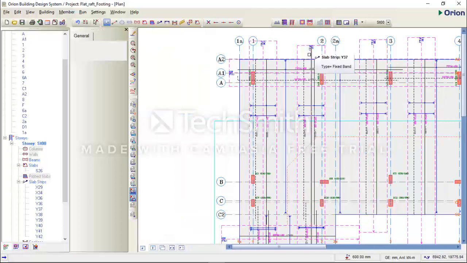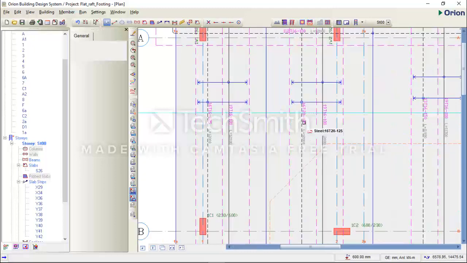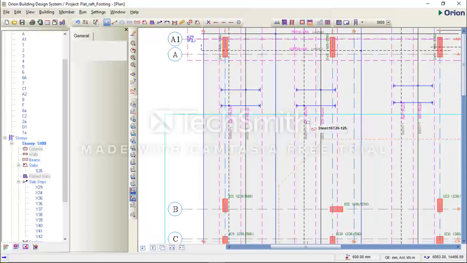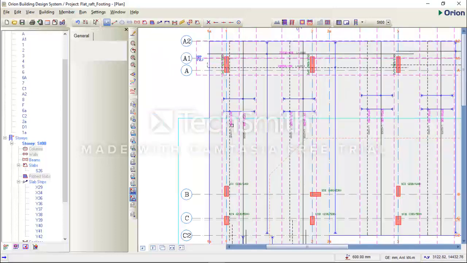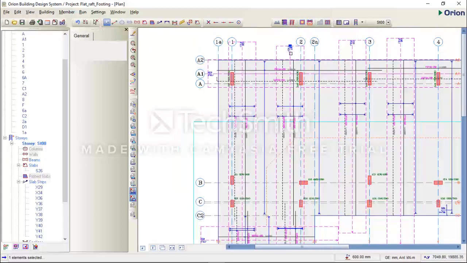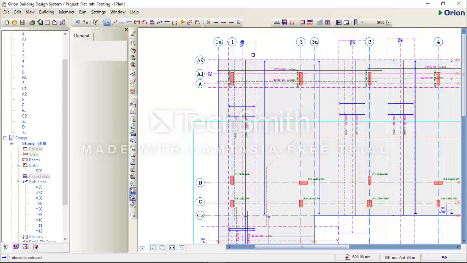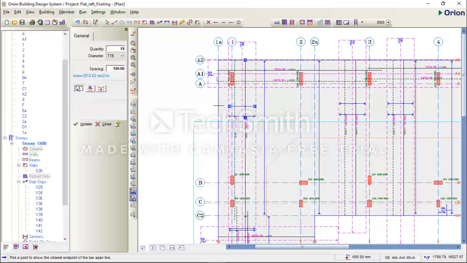If this callout here is saying 150, 150, and here is saying 100 and 125, I'll choose the one with the greater reinforcement value. That's the one with lesser spacing. This one. However, the dimension details are the same, so I'll just delete one of it. I will stretch the dimension callout to the edge of the slab, to the edge of this grid line.